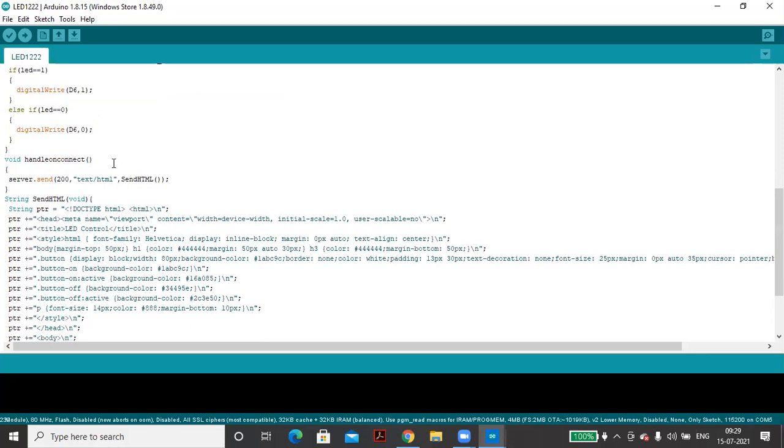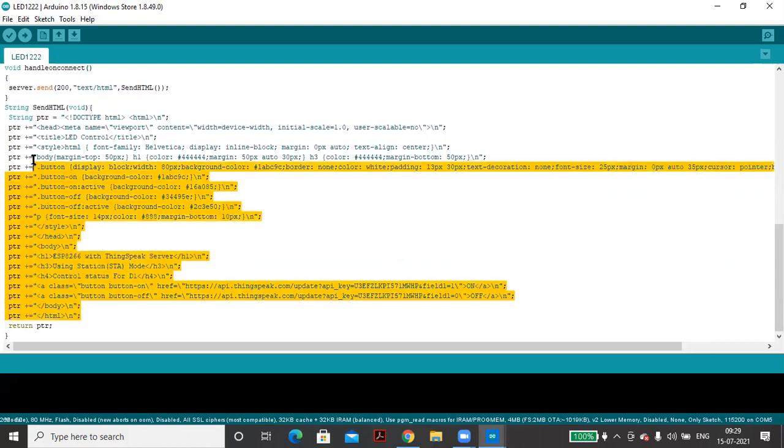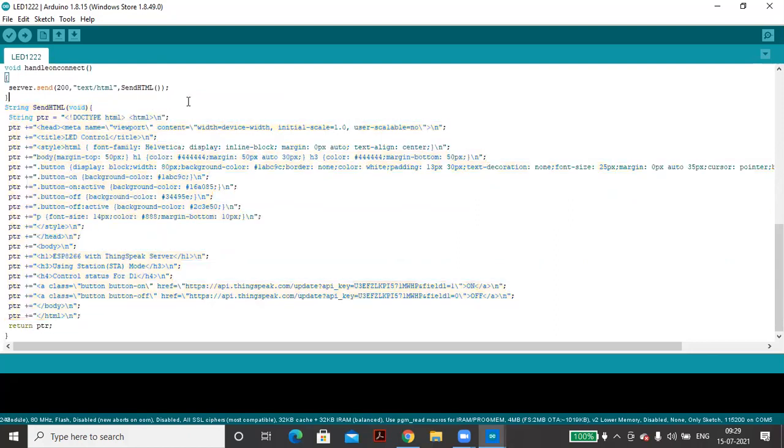Now for connecting to a local host, the server and the page we are building, you have to write these things. If you know even a little HTML, then for defining a page you have to write some code. On that page we are having some buttons. For the buttons, where the position of the button will be, what its color will be, what look it will have, square or round, these kinds of things you have to code, meaning write, in HTML.